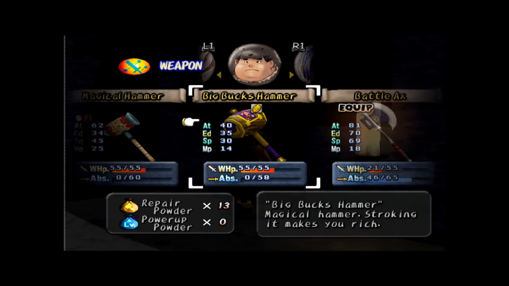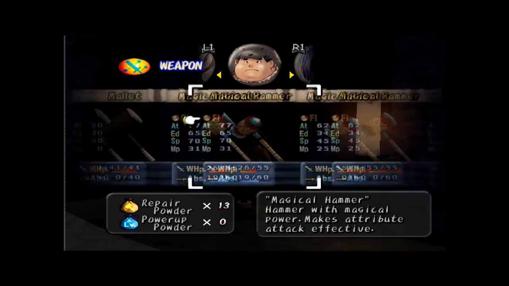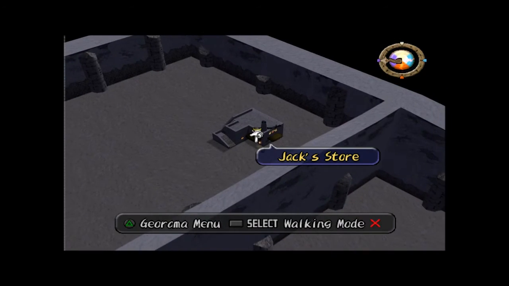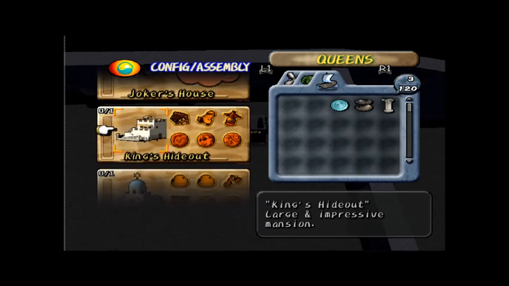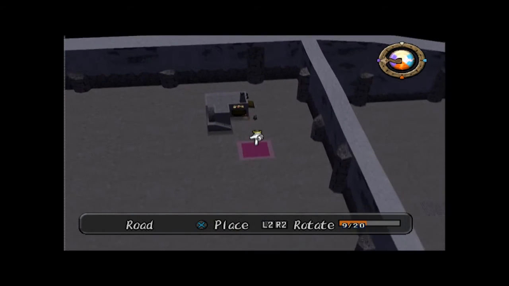So we could attach it to maybe this magical hammer here and keep leveling that up. It's an option that is available to us as we traverse through the game. Okay, now that we've built that, we're going to add some road, so that we can connect certain places to other places. So let's do...